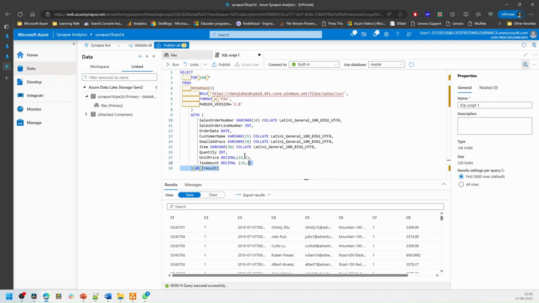So this is my column name that I'm giving. It starts with sales order number. This is my sales order number, line number, etc. And this is the collation that I want to use. Because we are using external serverless pool, we want to tell what collation we want to use. And now if I run it,